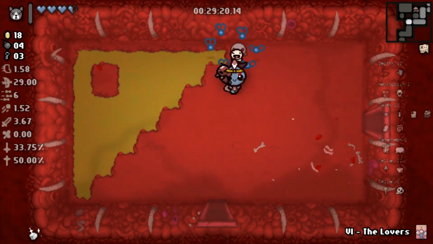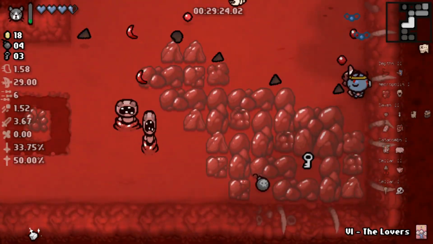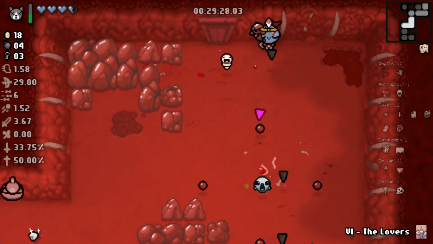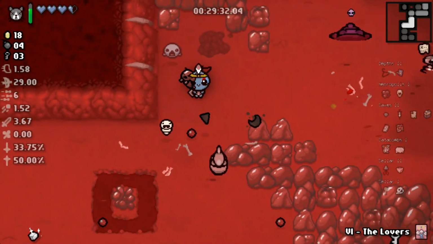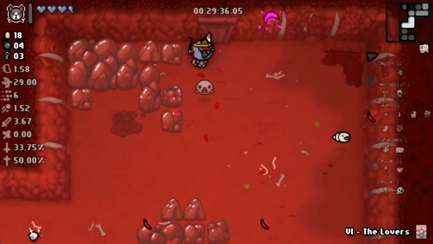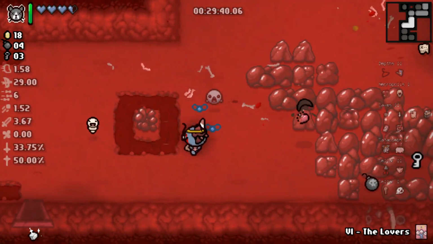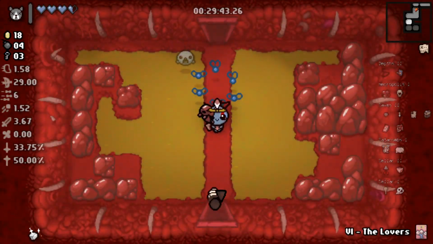So blue flies damage is based on your damage. I think it's exactly two times your damage is how much damage they do. So having more blue flies or more constant blue flies is going to be more beneficial to us than having one big. I think, you know, because we won't be using